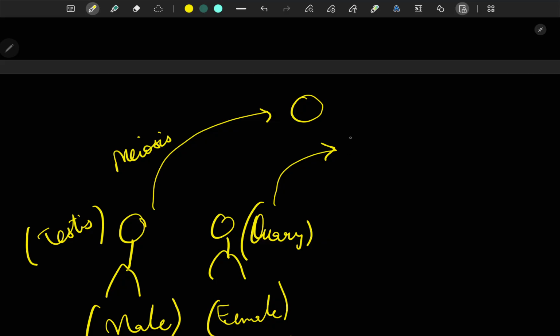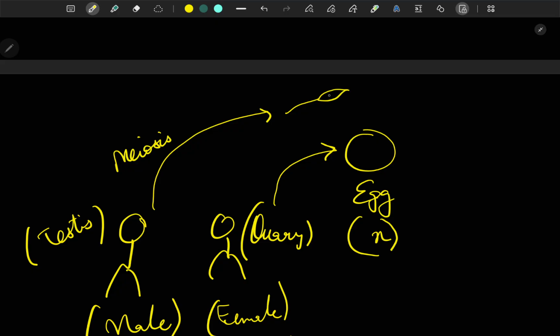The female produces what we call an egg. It is haploid in nature because it has only one set. And the male produces sperm. It is also a single gamete. They are haploid in nature, which means n is equal to 23. It is a single cell. Now these sperm plus egg get fused together